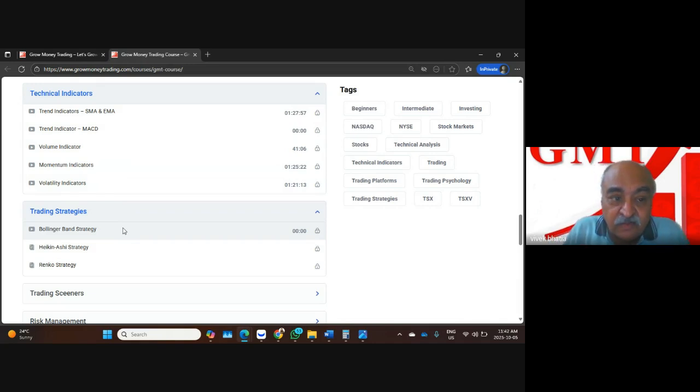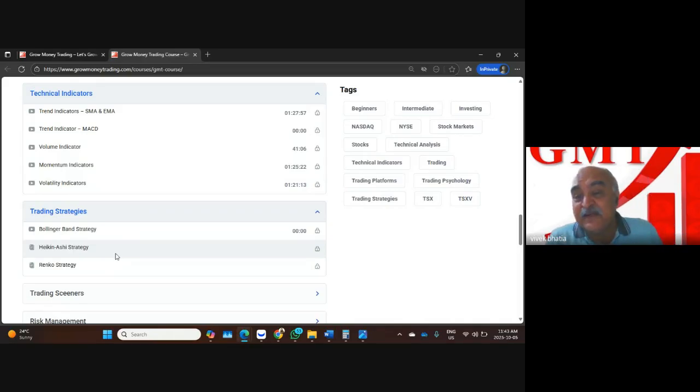Right? Now, after all of that, after finishing our Japanese candlesticks on the last day or on the penultimate day, I'll also talk about two more candlestick patterns. Right? They are called Renko and they are called Heikin-Ashi. Two more candlestick patterns, both again Japanese. So all three are Japanese candlestick patterns. Now look at the importance of these candlestick patterns. All three are from Japan. None from Europe, none from America. So you can see how advanced the Western world is. We are still learning from the Japanese candlestick patterns. So that advanced even them.